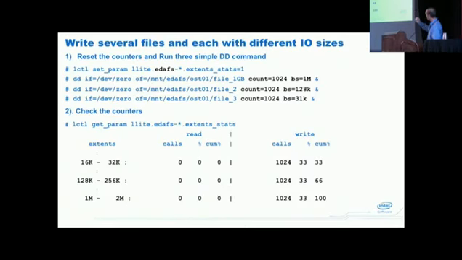writes, but at different sizes. And we put those in the background. They run simultaneously, and then we look at our extent stats, which has been zeroed out, which has been reset. And we look and we see that, in fact, for each of the write sizes, 1 meg, 128K, and 31K, each of the calls are in the correct bins, number of calls 1024